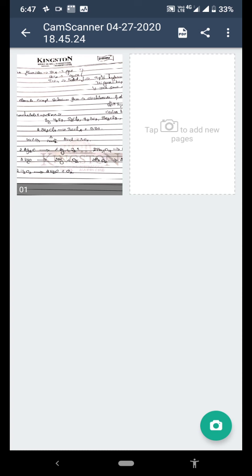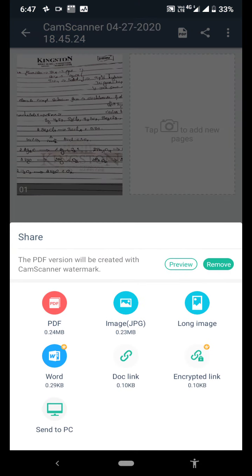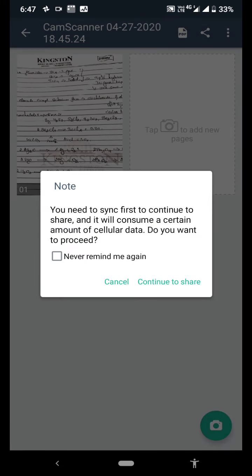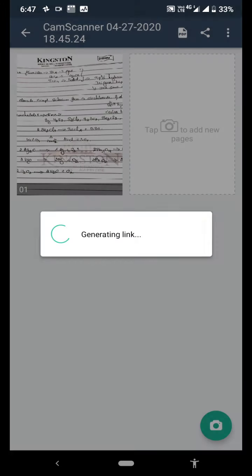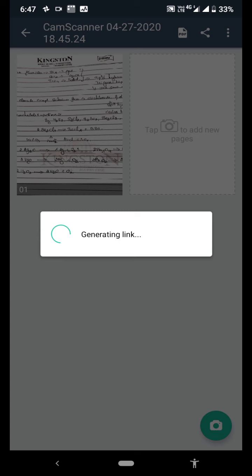You can share it through email. Send it to PC, continue to share, open, and a generating link will be formed. Once this has happened, you can send it straight away through email. You can see the PDF. Once you open it, it will ask for share. Click on that, and you can choose the email ID or whatever.